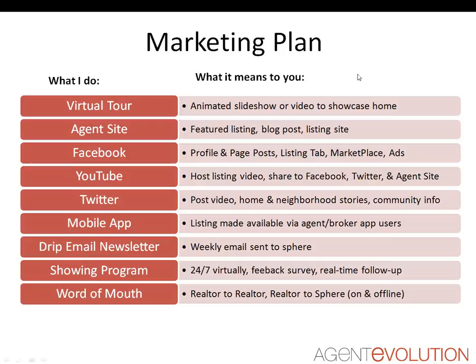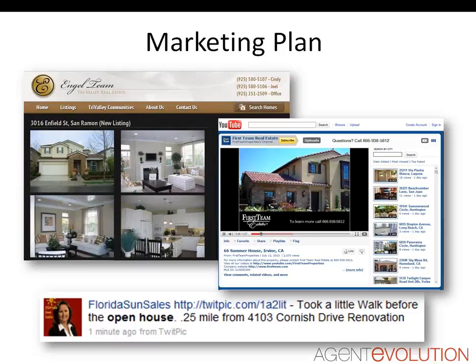Whatever your marketing plan is, you will want to possibly show some examples of what you do. So how that listing of theirs is going to show up on your blog or website. If you do a virtual tour, letting them know that you have your own YouTube channel, that you're posting all these homes there, and then you share those out to different channels online, and that you even perhaps use Twitter, for example, when you're doing an open house to describe the neighborhood or area. These are just a couple of examples.